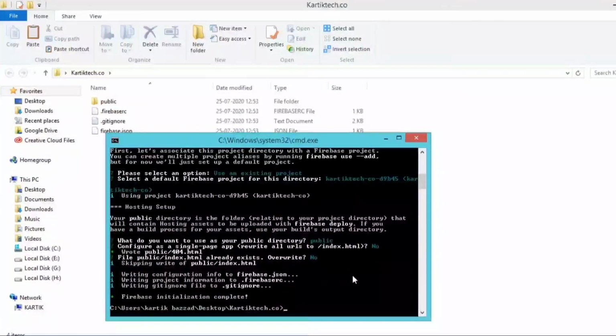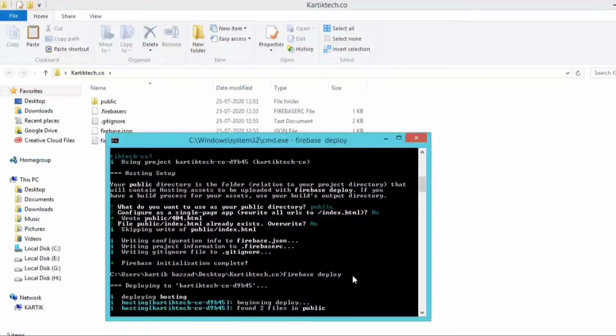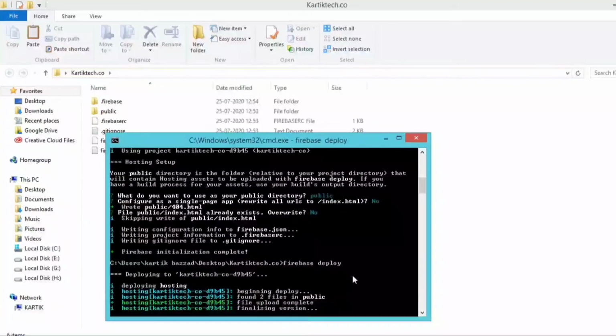Firebase initialization complete. Now use the command firebase deploy. It will upload all your files to the Firebase cloud hosting. Deploying hosting, adding files to version, uploading new files.